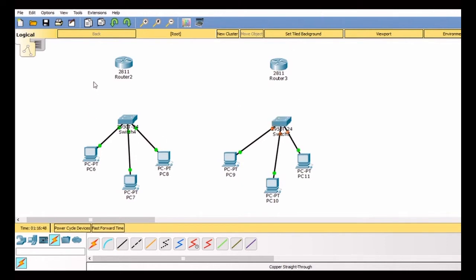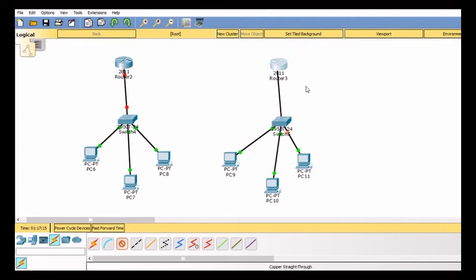In the same way, we now have to connect the switches to the routers. We are again going to use the same copper straight through cable, and we are going from the switch, select this interface, to the router, select fast Ethernet 0/0. Okay, then again you are going to select this copper straight through from the switch, the available interface 0/4, to the router.